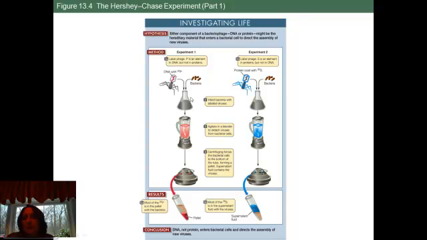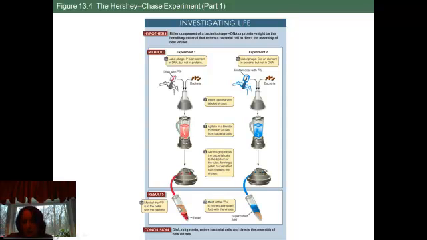They then put them into a solution with bacteria, allowed them to infect the bacteria. They homogenized it so that any of the parts that are on the surface of the cell would get removed, and whatever was left inside of the cell would remain within the cell parts. And then they centrifuged it. They spun it down so that the heavier components went to the bottom and the lighter components went to the top. So in this case, the cellular components made a pellet at the bottom,